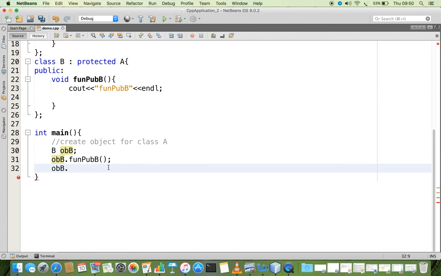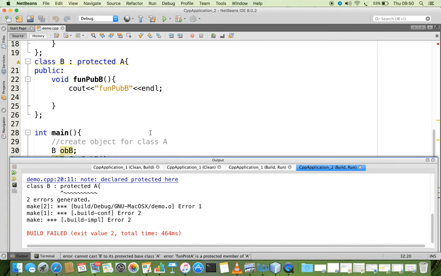Function name. Now we are going to check what is the status. It shows that, can you see the error? Where the class B is created, there it shows an error. It shows that from A we are deriving, but in the protected manner. Previously it was public and we were able to access